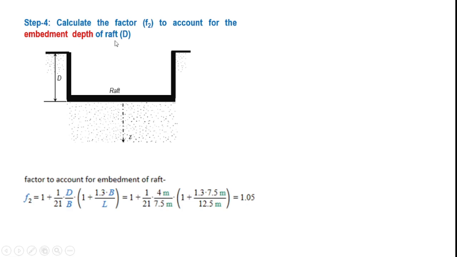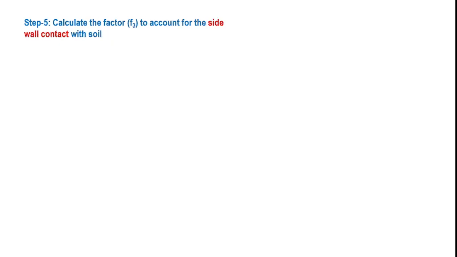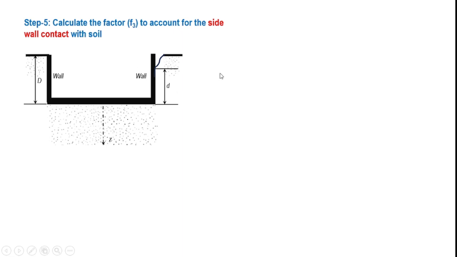Now let us proceed to the next step, that is step 5. In step 5, we will introduce another factor f3 that accounts for the contact of the side walls with the soils. Remember, this parameter is again required because in step 2 we considered only a surface foundation. Now we need to introduce how the wall to the soil contact is going to change the computed static vertical